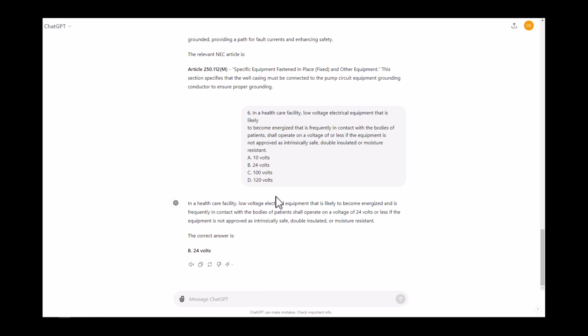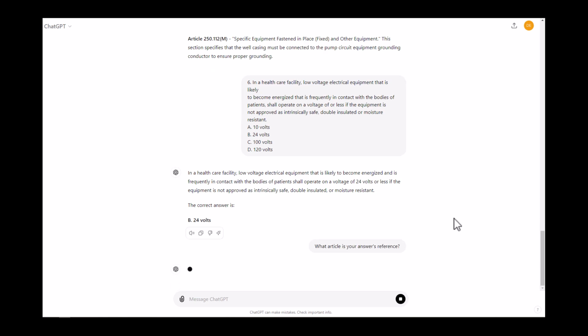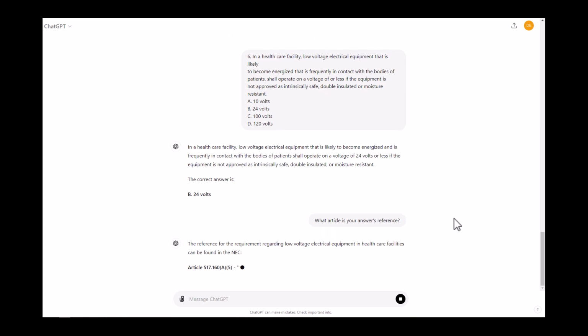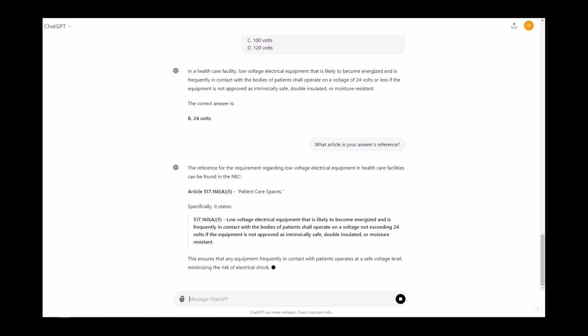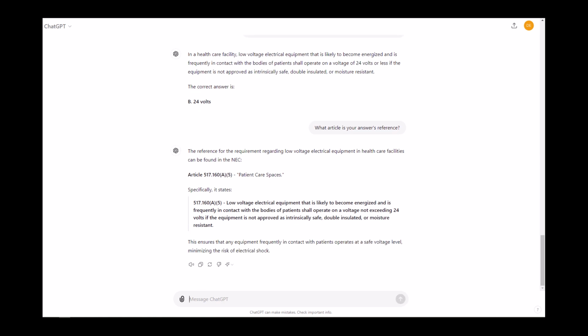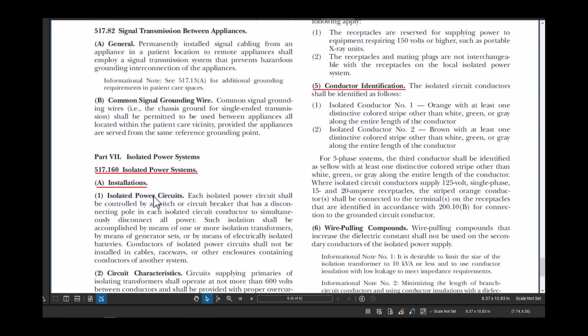Okay, this is wrong. Let's see how we can fix the issue. I ask what article is your answer's reference. Let's see what the answer by ChatGPT is. It gives me this answer. Based on the answer ChatGPT gave us, I went through this article